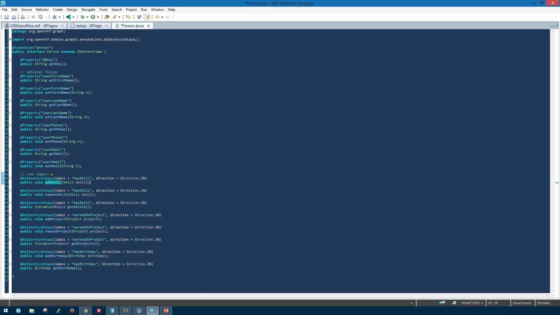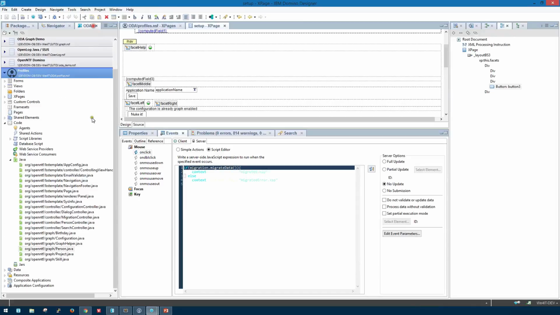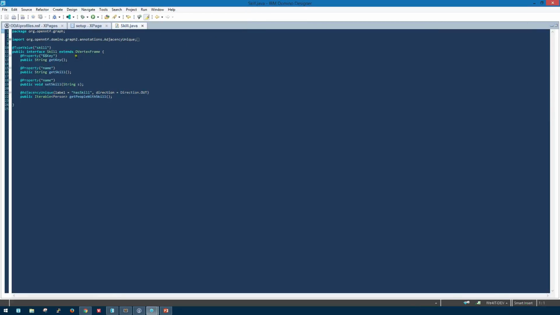Okay, so for the other methods, completely the same. So this is what the person does. And I show you the skill, which is even simpler. The skill also comes with the form. I implemented the get key stuff. And the skill in this case just has a name. This is more than enough, a skill. Of course, you can add other properties which you want to use, but a name is the minimum I want